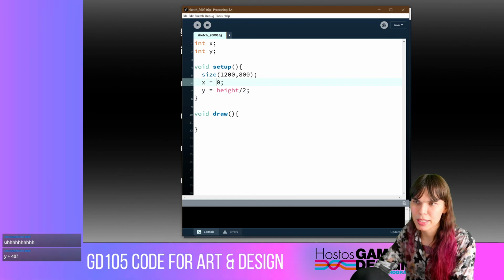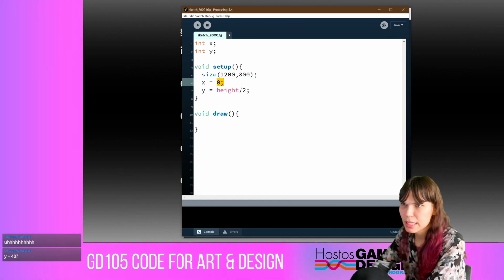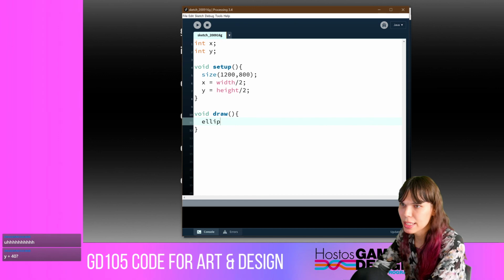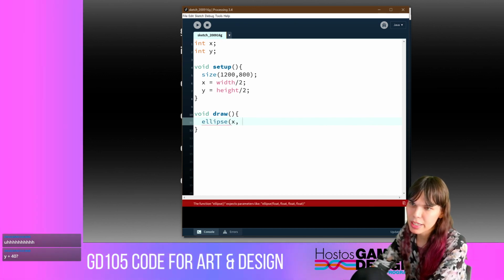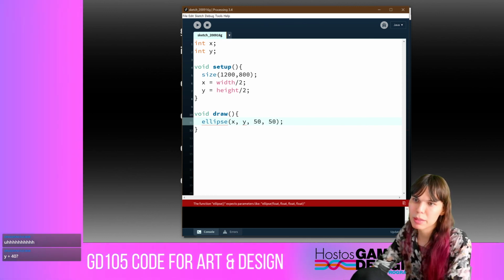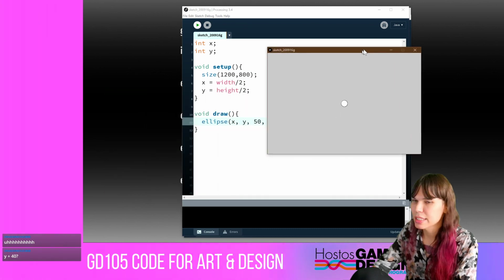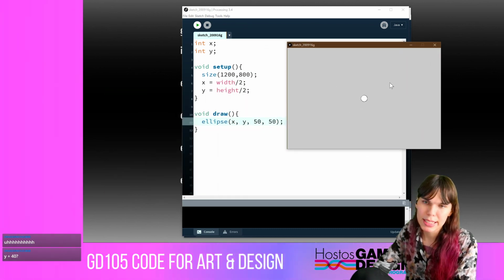Let's say we want to put the x value in the center of the x-axis. We would write width divided by 2. And so I'll just draw it so you can see. If I write ellipse, and then I give it the value of x and the value of y, and I say it is 50 pixels wide by 50 pixels tall. That's going to be in the middle of the x-axis because